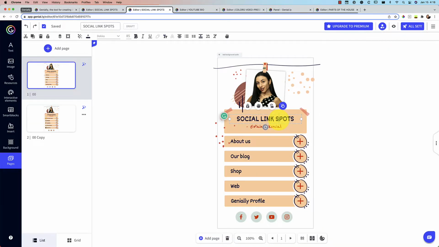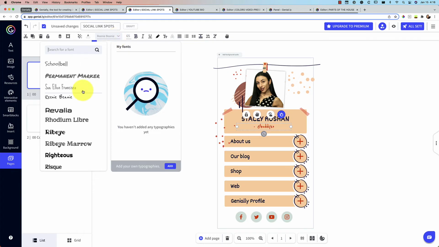Okay, let's get started with some fun. So I decided to add my name here. There are a lot of different fonts. I actually liked the font here that they had, but I thought that was not super readable. And if I'm thinking about using this in the classroom, that doesn't seem like a super accessible font to me. So I did go through and find something that I thought would be more readable.